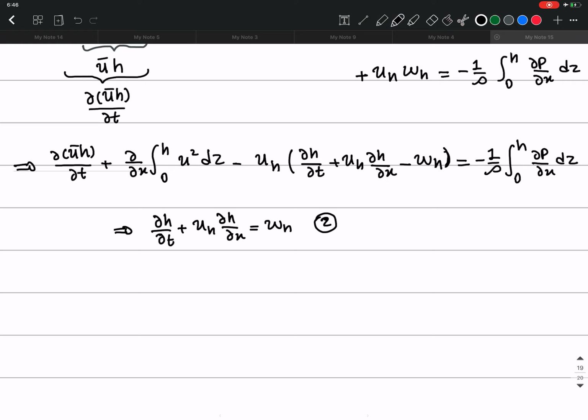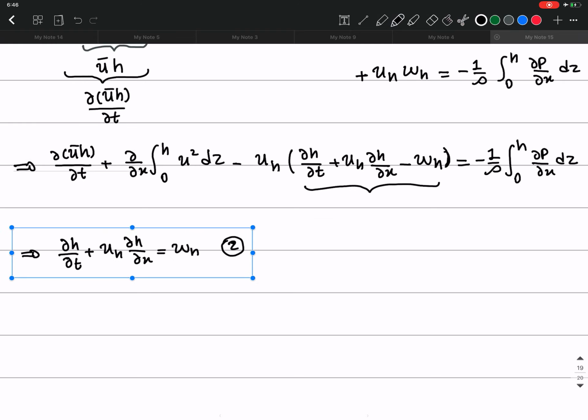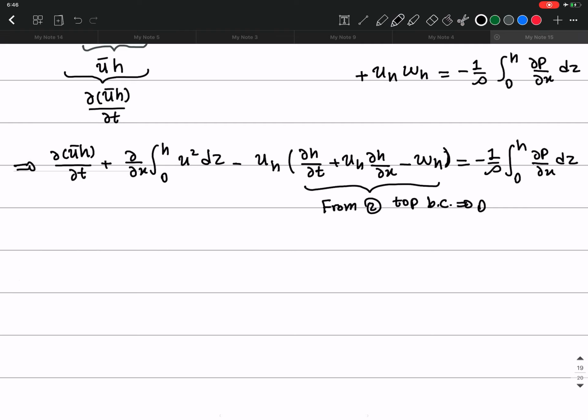So you just see that this is going to be what? It's going to be 0 based on this equation. So from the top boundary condition, this is going to be 0. Okay. So this term cancels out,